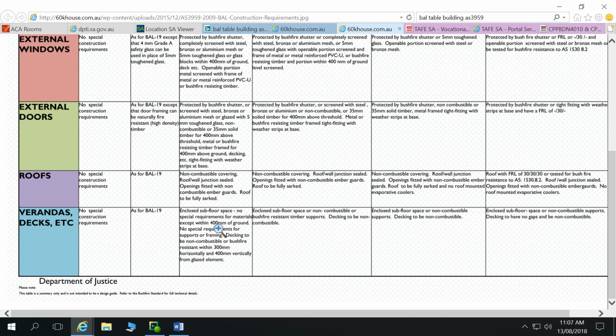But what we can also do though, possibly in consultation with our private certifier, but also for your own personal development, if you wish, is question some of the things in here, or understand what each of those refer to. I don't actually have AS 3959 up here to show you, but in regards to verandas and decks, in this table, it says enclosed subfloor space, no special requirements for materials except within 400 millimetres